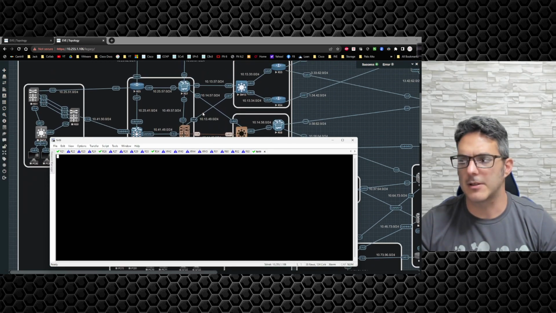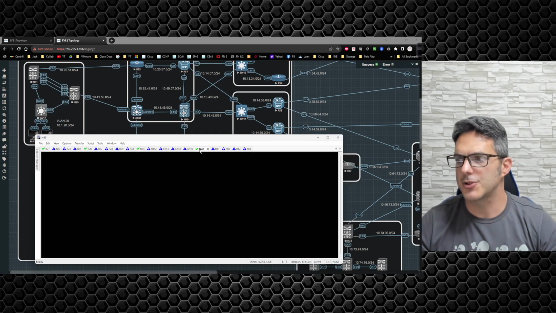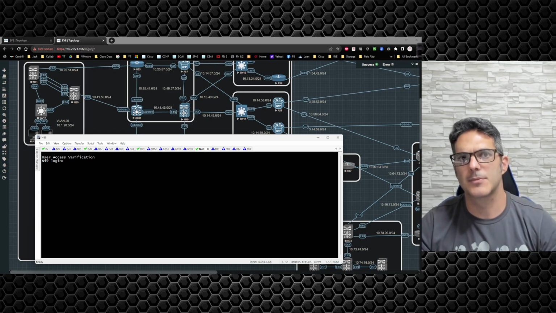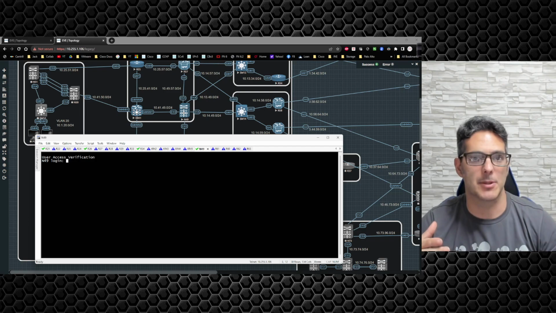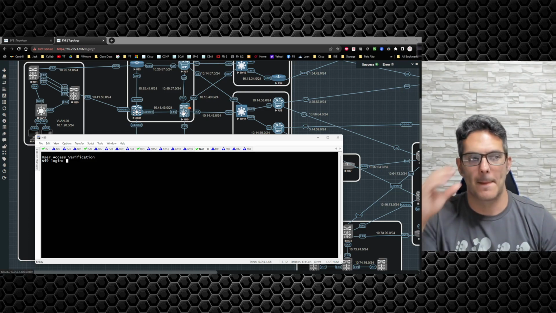So the Nexus itself is a data center class switch. So it is normally going to be used in the data center, and it's basically purpose built to be in the data center. There's certain things that the TCAMs are built for. It doesn't make a lot of sense to make this a core switch in your campus environment, because it's a data center based switch. So I intentionally am bringing it in here from a routing perspective so that you and